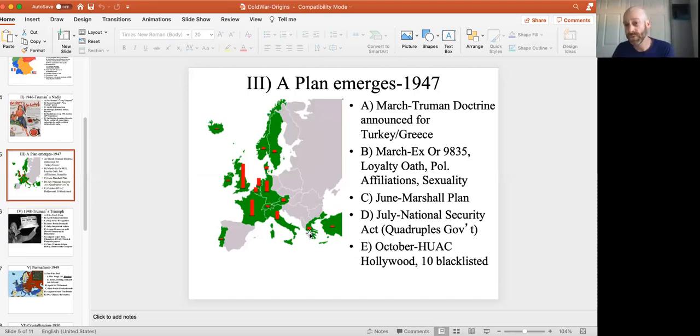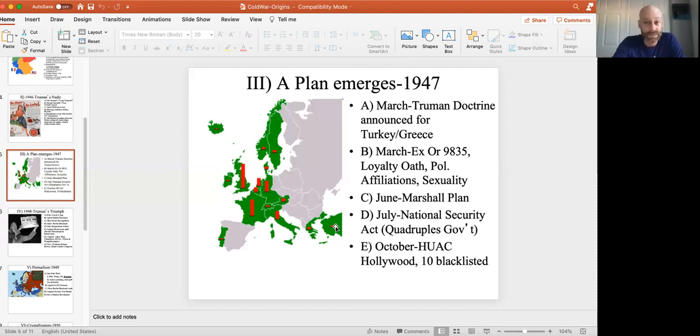And so Truman was told this by the British, and he said, okay. He goes to the Congress, a Republican Congress, and says, we are going to need $400 million to give to the government in Greece to fight the communists. Now, Turkey did not have any kind of real communist threat, but they were having financial problems, and there was fear that there might be a communist takeover. So he went to the Republicans and asked them for that.